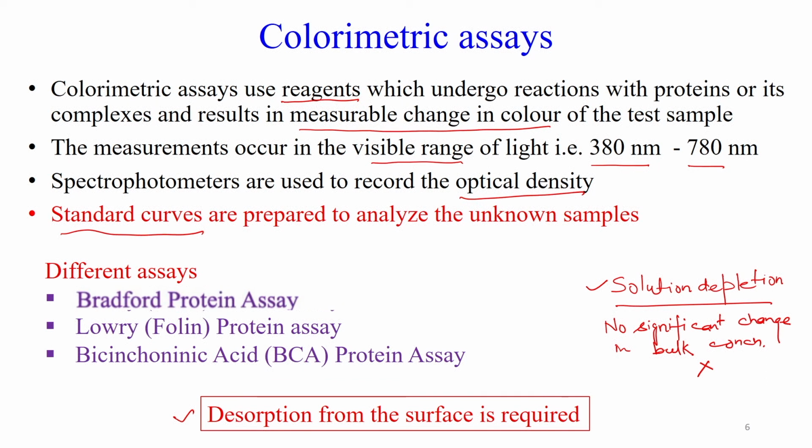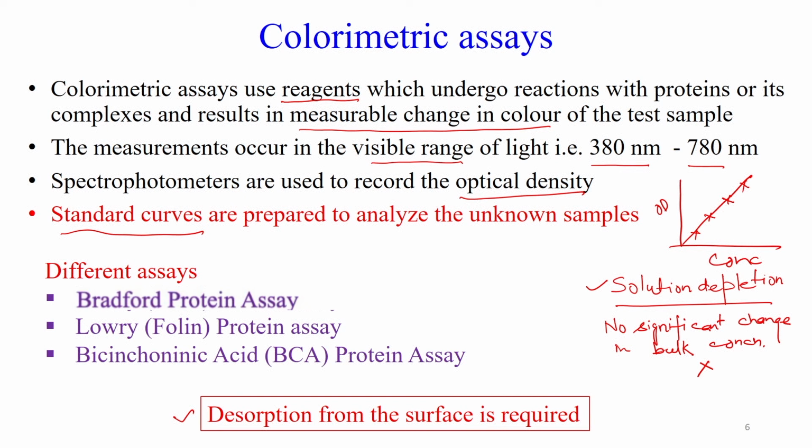Here we have the known concentration of the protein, we follow the same procedure, and we measure its optical density. So, this is concentration and this is, let us say, optical density, having different experimental points. This is a standard curve and from this standard curve we can analyze